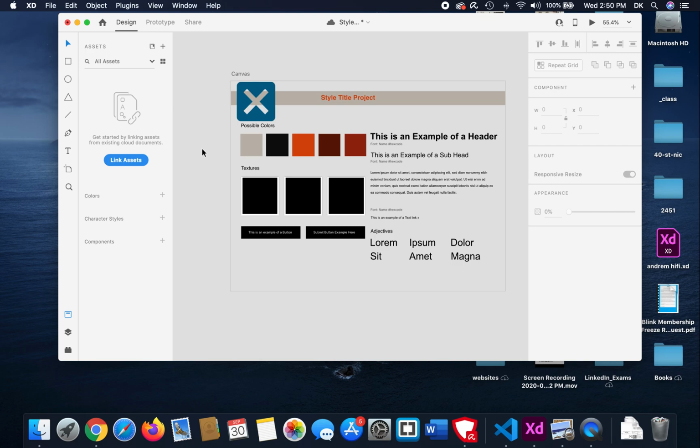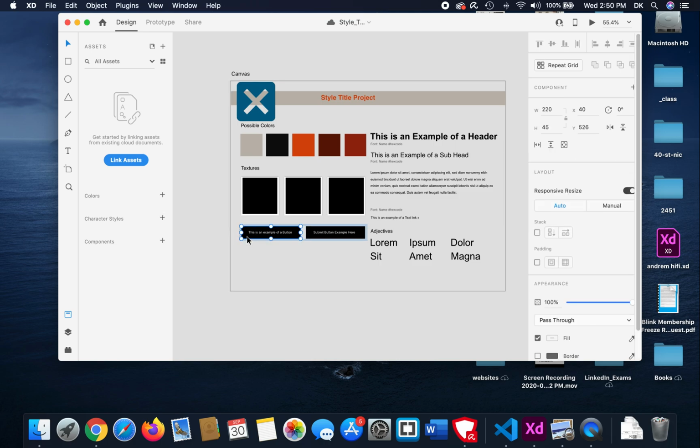So again, I'm starting to give the client a little bit of a feel for what their vibe will look like, whether someone sees it in social media, on a smartphone, on a TV, or yes, on a laptop or desktop. Okay, so we've got a start here. We will come back to textures, although I think I might take a stab at the button just for now, because we could do that